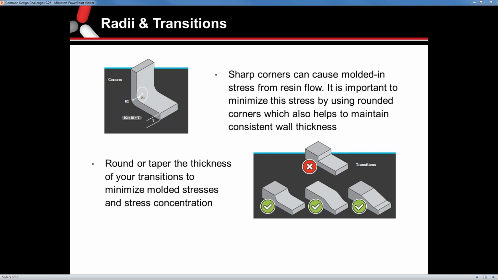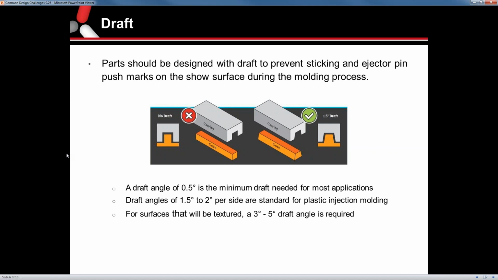The next topic is going to be draft. And this is a pretty important one. Just making sure your parts are designed with draft to prevent any type of sticking or ejector pin push. If you have zero draft on the inside, it's going to be difficult to eject that part off the tool. And vice versa, if you have zero draft on the outside, it can get stuck in your cavity side, essentially stuck